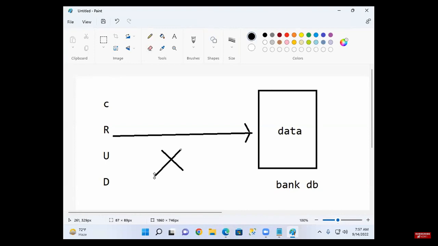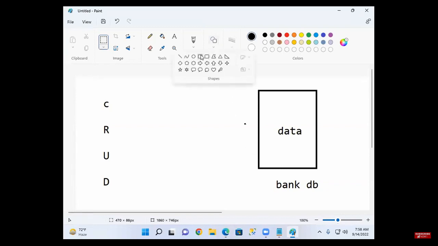You can't directly operate the database. Let us take a TV. We can't directly operate the TV. We use the remote. Through the remote you operate the TV. Similarly, we can't directly operate the database. You need software.